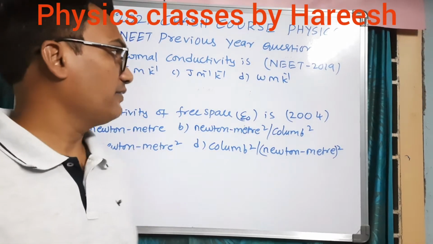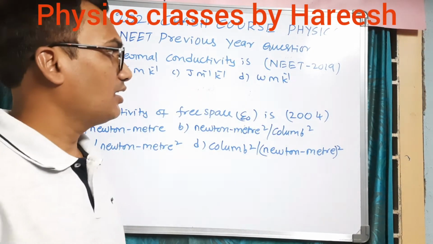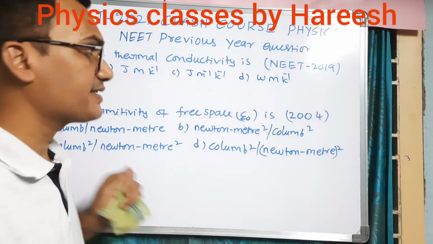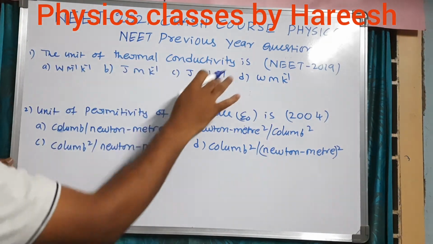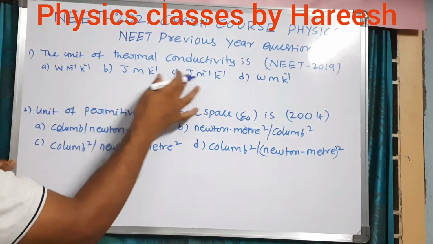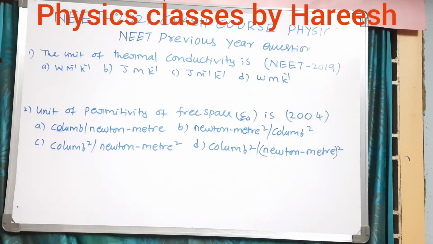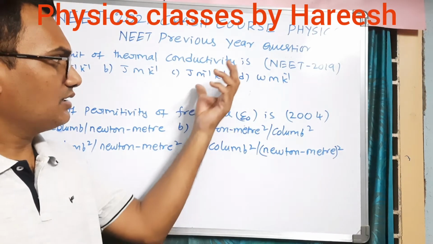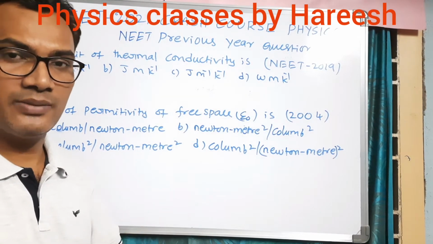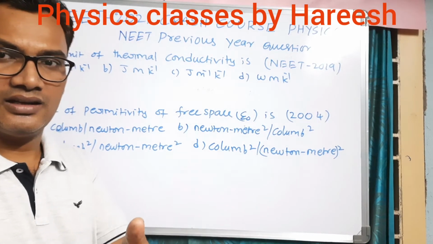NEET previous questions we are going to discuss here. 2019, on units. First one is the unit of thermal conductivity. Four options A, B, C, D are given. If you know the mathematical relation of thermal conductivity, based on that relation we can find the unit